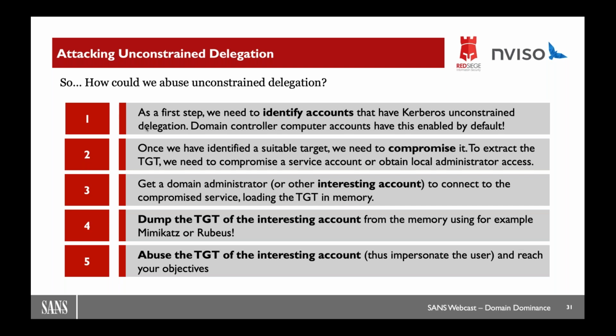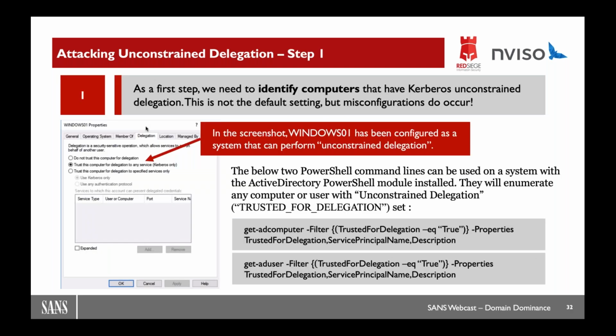I'll walk through these steps one by one. Step 1, I want to identify systems that have unconstrained delegation. Right? In this case, here I have a GUI screenshot of "trust this computer for delegation to any service" of a Windows 01 computer account. In the GUI, we can easily spot that this is unconstrained delegation, right? So the second option there, "trust this computer for delegation to any service", that's a longer term, if you will,